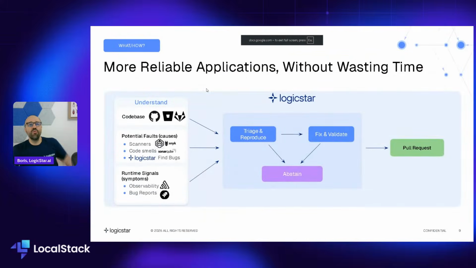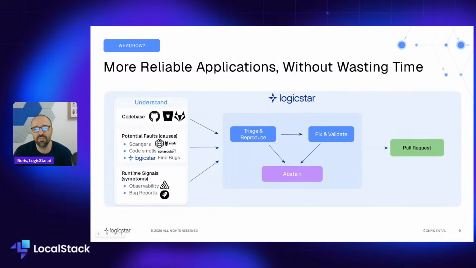So with that said, moving on to how we're doing it and why we're doing it, the initial setup is simple, right? You have to set up your GitHub or just Git repositories, and any sources of bugs that you have. As I said, LogicStar has its own bug finder, but you might have many others, as well as telemetry signals that Lazar is going to speak about later, like observability, your own Datadog, you name it, and any customer bug reports that could be coming. That could be in Jira, Linear, you name it, and it's there.